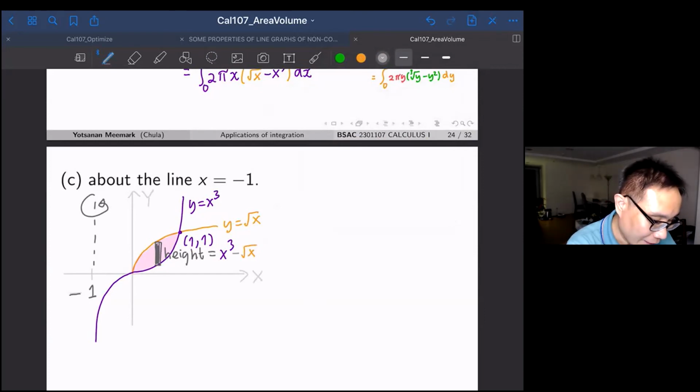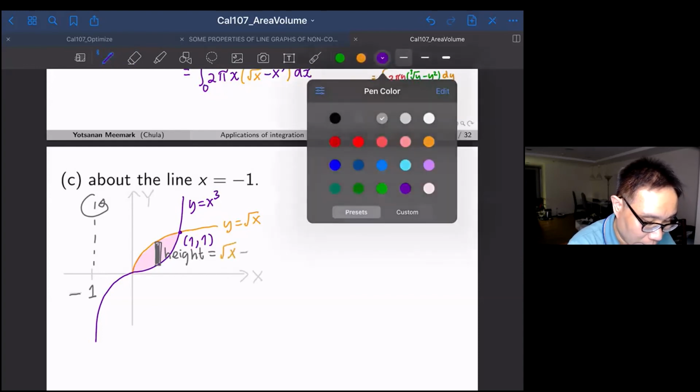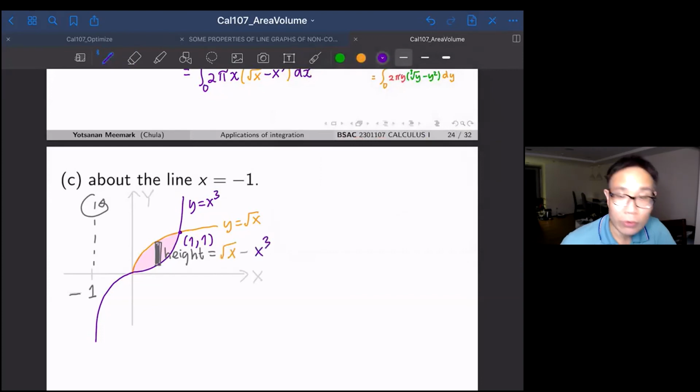Sorry, I switched them, right? It's gonna be square root x on top. So this one is square root x, and you have minus x cubed. So it's gonna be square root x minus x cubed because square root x is higher than x cubed